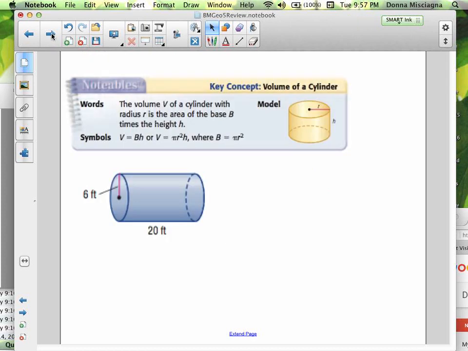Let's find the volume of the cylinder here. Okay. So volume of a cylinder is a lot like the volume of the pyramid, with the exception of the 1/3. It's actually a lot like the volume of a prism. It's just the area of the base times the height of the cylinder. Of course, our base is a circle. So since the base is a circle,